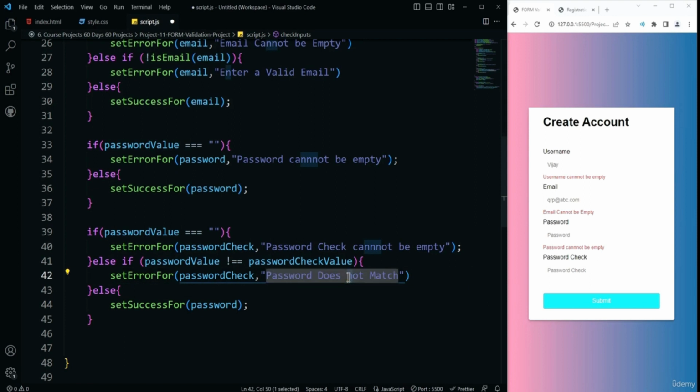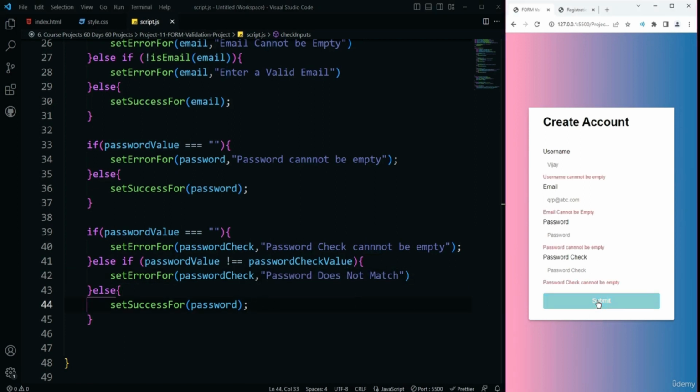Okay, so password does not match. If I Control+S to save it and click on submit, now you can see we get the else block, which is actually: password check cannot be empty, password cannot be empty, email cannot be empty, username cannot be empty. Now if I refresh it and enter the username, also the email,